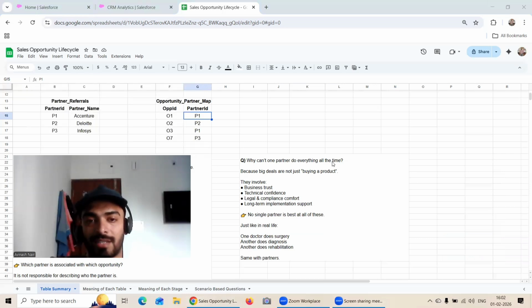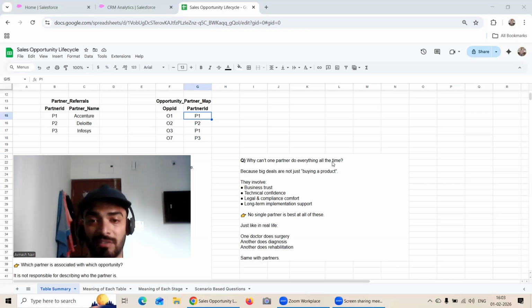Now, another thing is why can't one partner do everything all the time? You might ask why different deals need different partners. That can be a very relevant question. But again, we have seen that it's not possible. It's maybe due to the deadline which needs to be met, maybe because there's certain sprint planning which is done and they have some strict deadlines to meet, and it might have a bad repercussion on them in case they depend on one particular service-based company. Or one particular service-based company may not have that many experienced CRM resources, but their timeline is very aggressive and needs to be delivered.